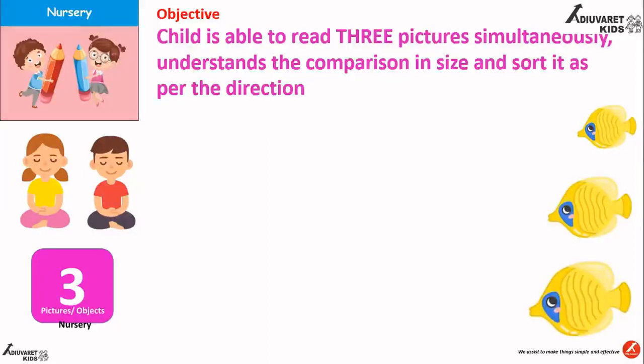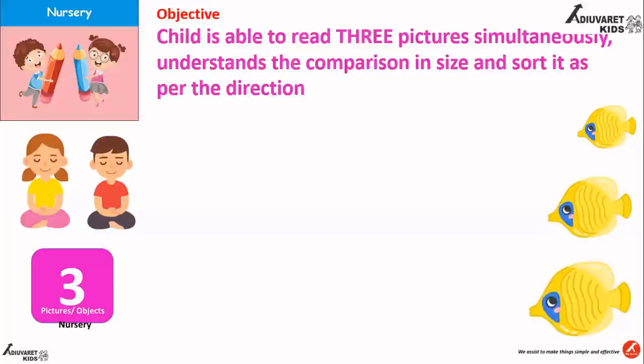And when the child sees these 3 pictures, automatically the child will be thinking which one is big, bigger, and biggest. And before putting that game into perspective, parents or teachers can ask which one is big, which one is small. So the child is developing this second objective, that of understanding the pictures from the size perspective. The child must know that out of 3, which one is small, which one is big, and among 2, which one is small, which one is big.